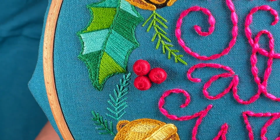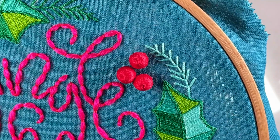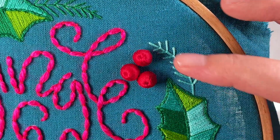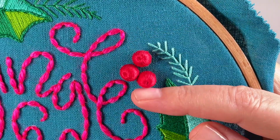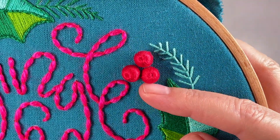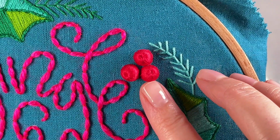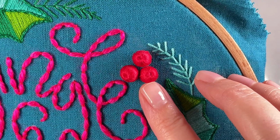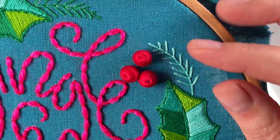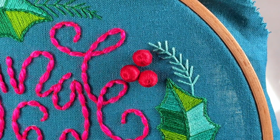Now, I did these over here, and you can tell they're a little wonky. They're not quite all snugged up together. So what I could do for that is undo that knot on the back and reposition it, which I might actually do. But if you don't want to do that, you could also take